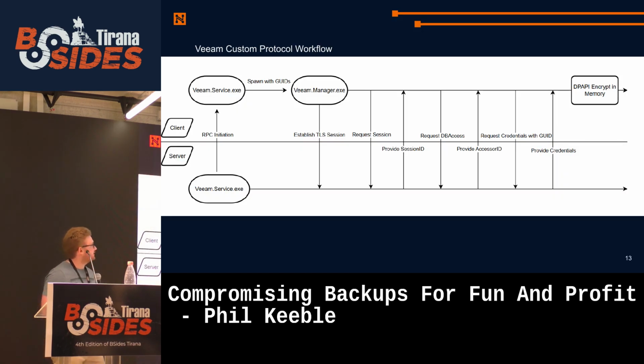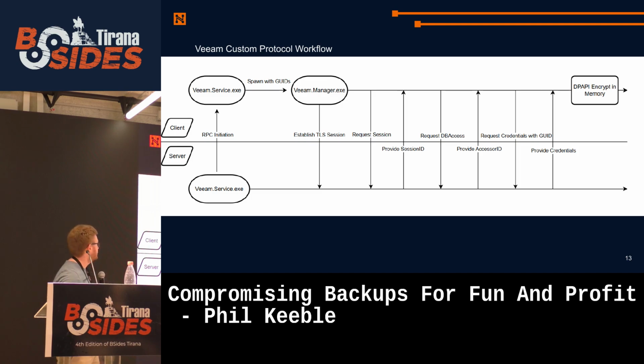So when we started digging into this custom protocol, and started looking at the XML methods that it exposes, we can kind of see the normal expected workflow here, where the Veeam service on the server will stay waiting. It's waiting on about 10 different ports, but one of them, 10005, is waiting for these authentication hooks. When a backup job is started, it will connect to the client over RPC, and it will tell it to